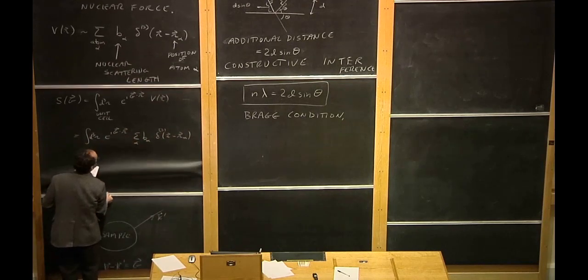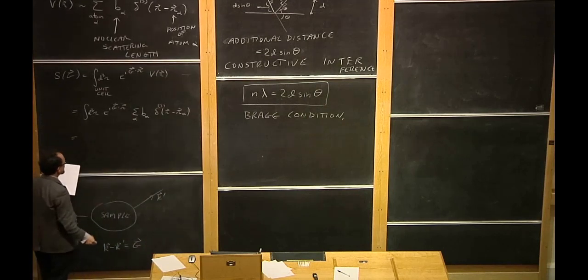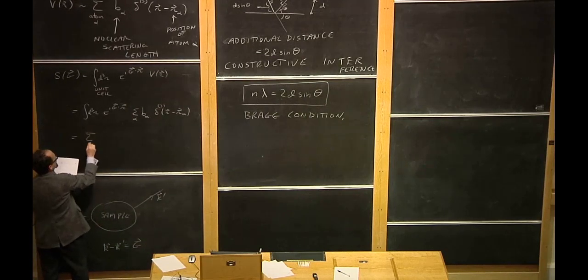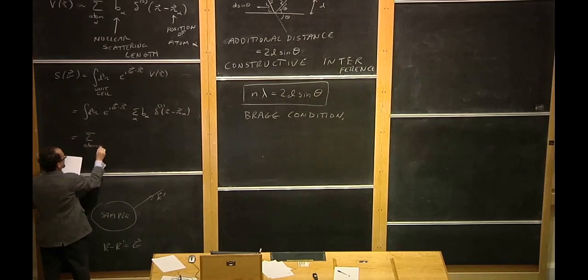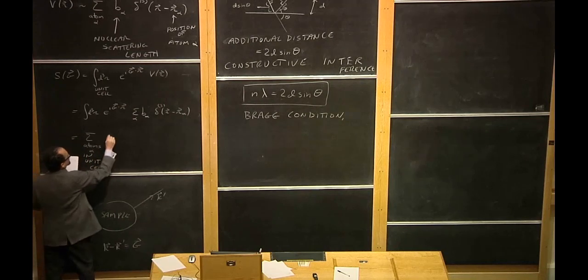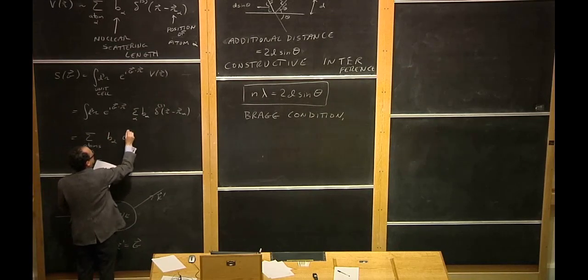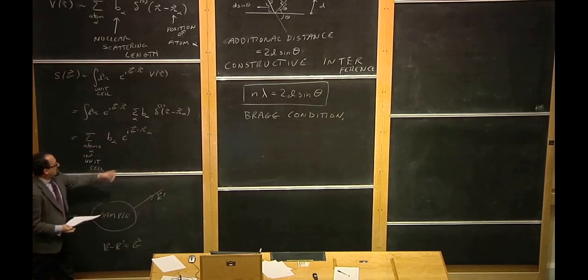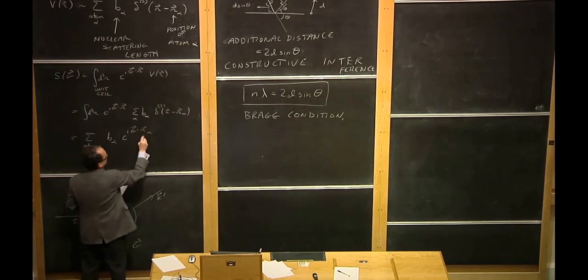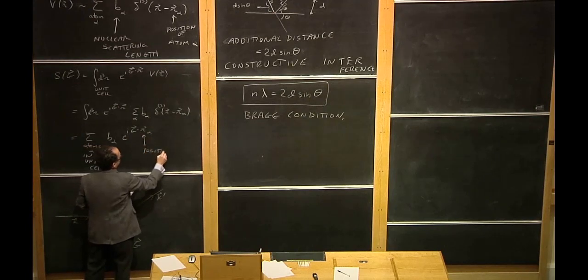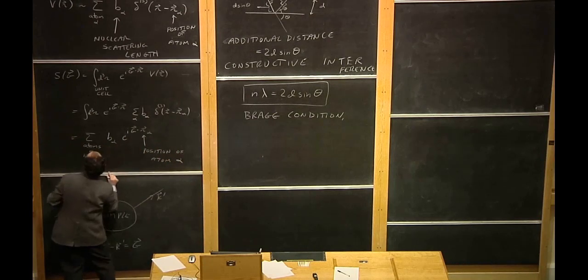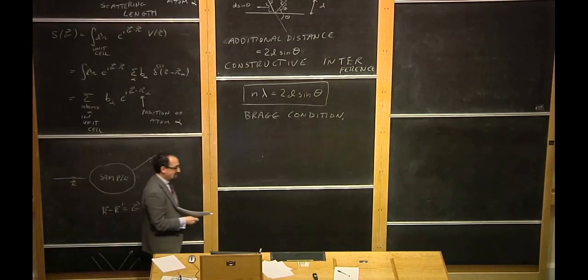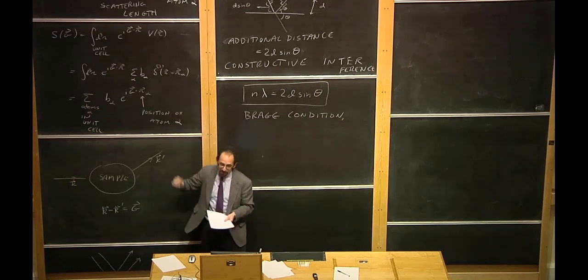Now we let the delta function act, and we get the fairly simple outcome: the sum over atoms alpha in the unit cell of B sub alpha e to the i g dot r sub alpha, where r sub alpha is the position of atom alpha in the unit cell. So there we have it. That's the structure factor for scattering of